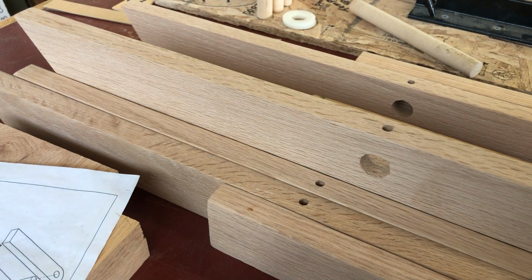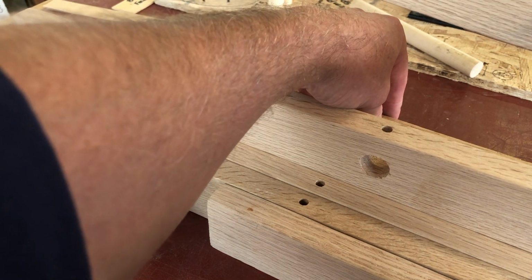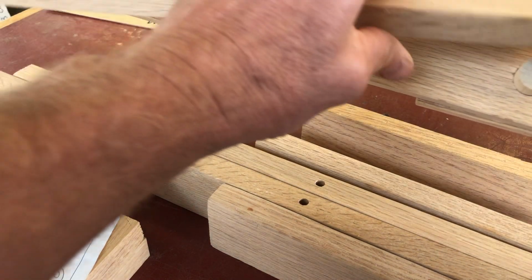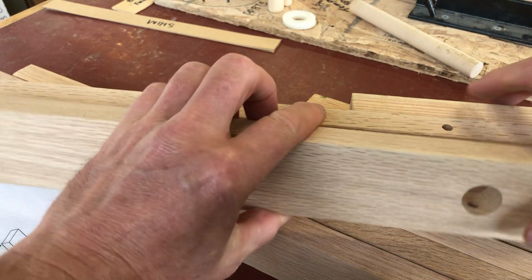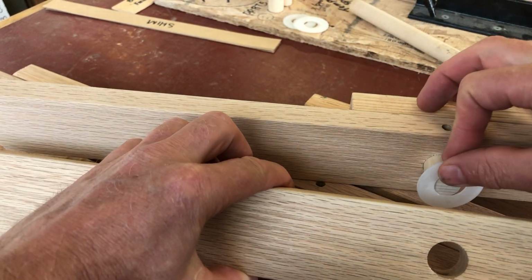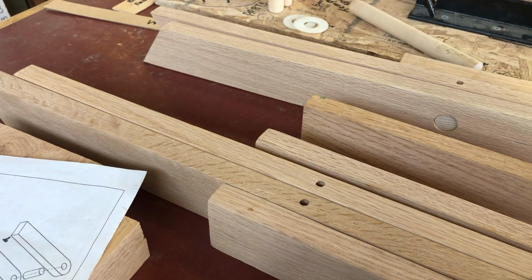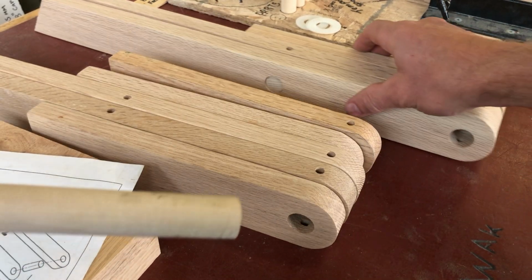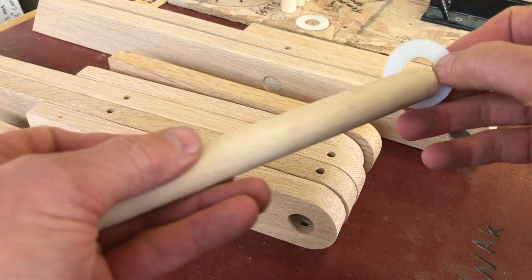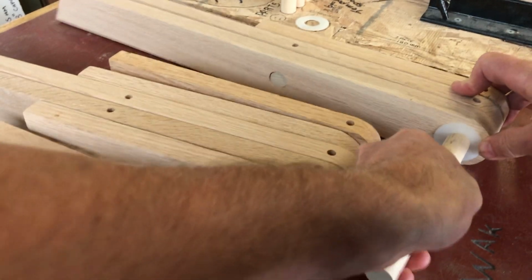And then we are going to grab another one like so, and we're going to take our other leg, making sure that the bevel is up, so the bevel's facing you. Slide it, make sure that you put a spacer in, like so. Slide that in, put that one aside for a second. Actually, I guess we can keep going with this, and then we're going to take another spacer with the long 180 millimeter dowel, plug it in like so, push it in,